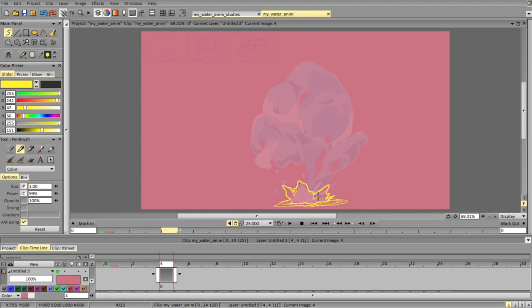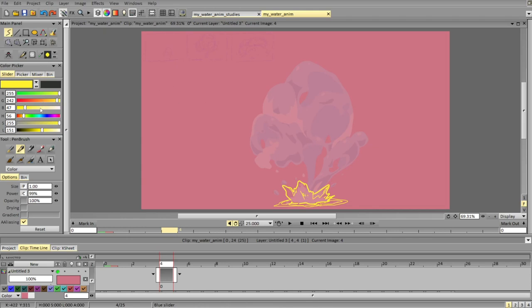Adding a bit more volume to the foam and emphasizing which forms are behind or in the back. Just some stuff to add detail.